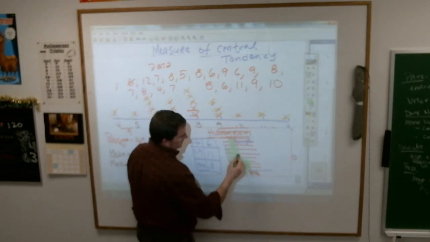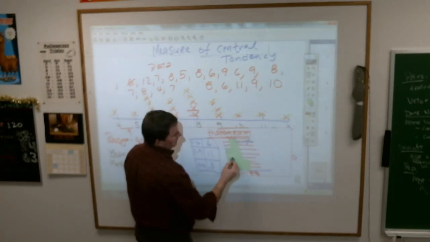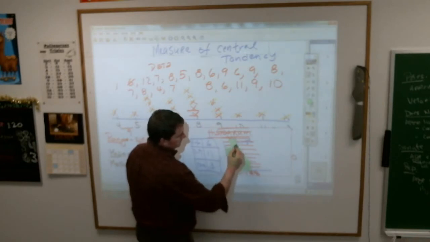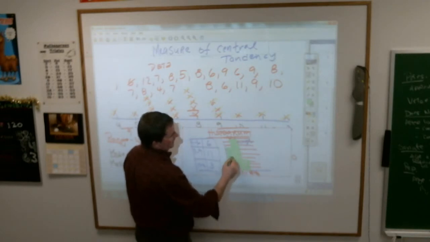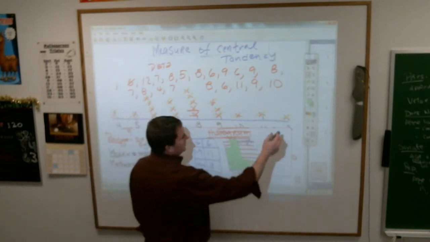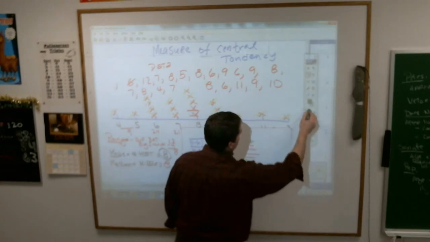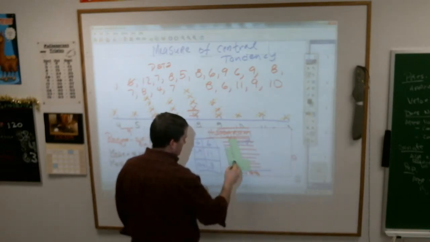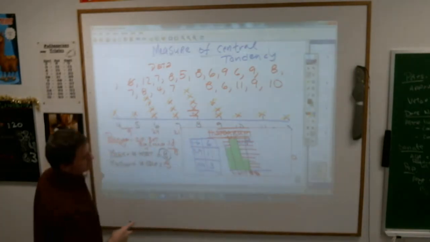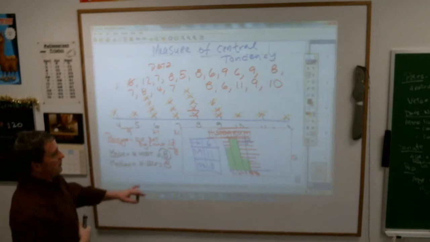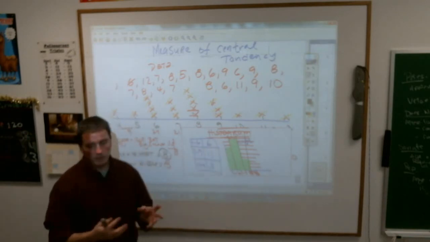Now the thing about a histogram is there's no spaces between the bars in the graph. It's very similar to a bar graph, but there's no spaces between them. No spaces between them. So you look at it and it looks a little like that. You probably would see these little lines, and this line that goes straight up like this. But a histogram is like a bar graph except there's no spaces and it talks about intervals and ranges